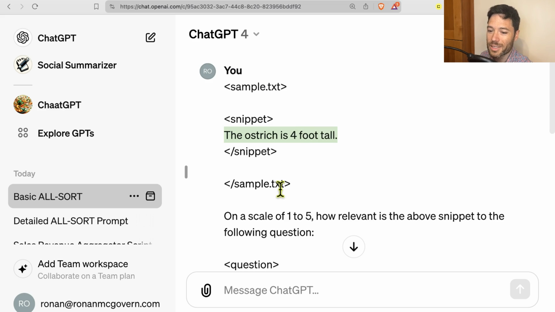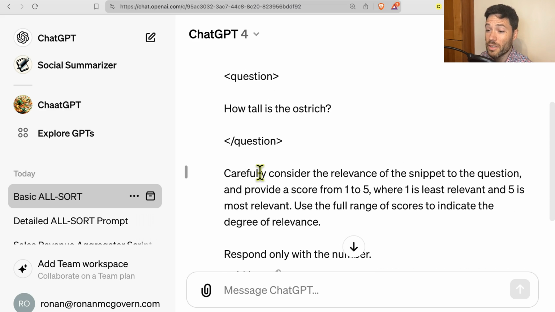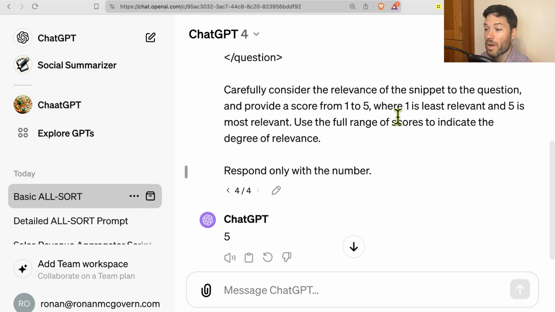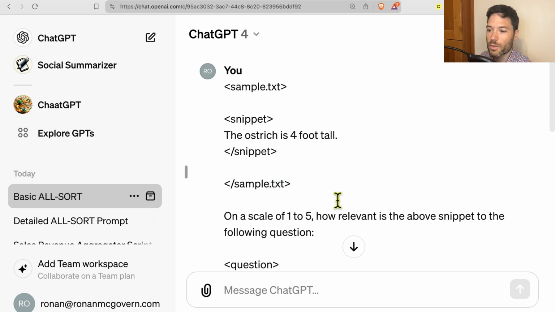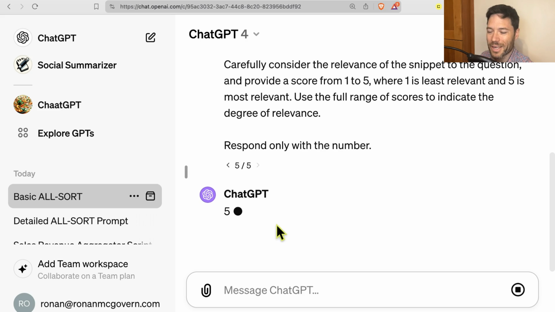So you can see I've got this nicely formatted prompt. I'm asking the language model to carefully consider the relevance of the snippet to the question and provide a score from 1 to 5, where 1 is least relevant and 5 is most relevant, and use the full range of scores to indicate the degree of relevance. So when you run that query, you already saw the answer, it'll output 5, and indeed that's correct because it's